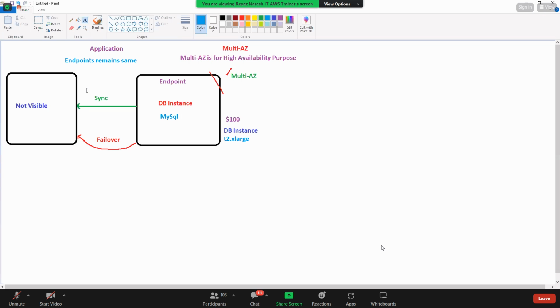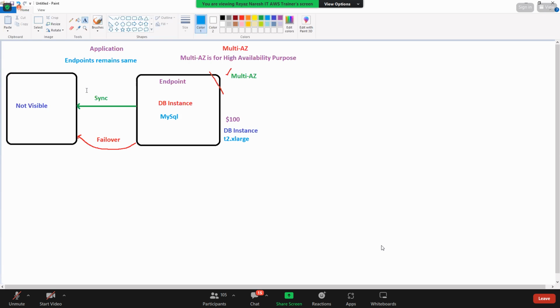Remember, guys, does AWS have access inside your DB engine? No. So if something is happening inside your DB engine, will failover happen? No. Only when something goes wrong with the whole DB instance in the backend, or if something goes wrong with the network, then only failover will happen. DB level operations, no failover.